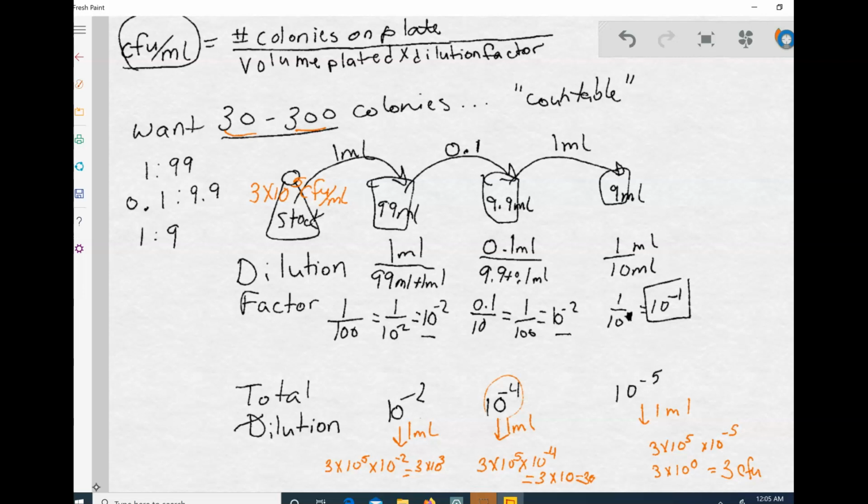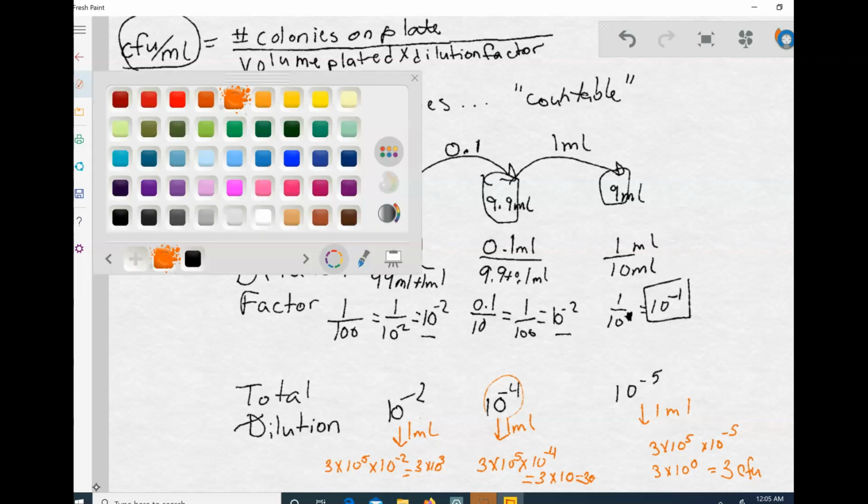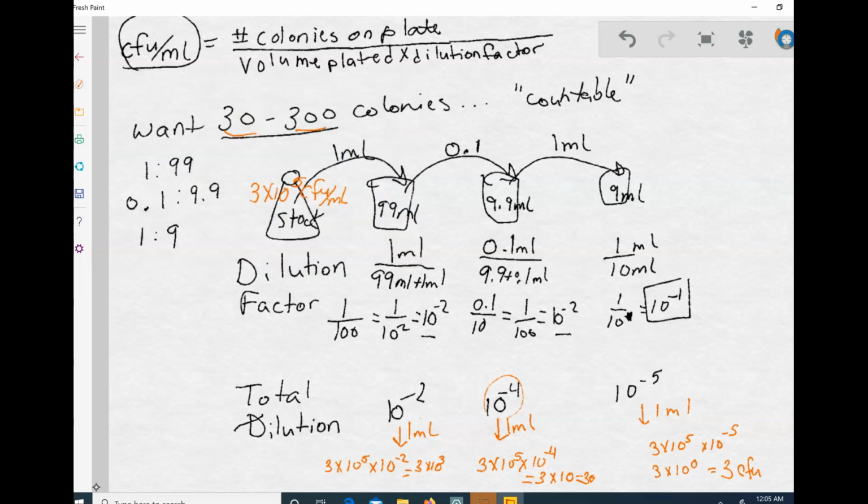Whenever you are doing a serial dilution, you want to plate what you think will give you 30 to 300 colonies. But our initial concentration is always an estimate. We don't know precisely how many colonies there are in that initial plate. So we do something that's called bracket plating. We plate the concentration we think will give us what we would like, but we always plate one thing